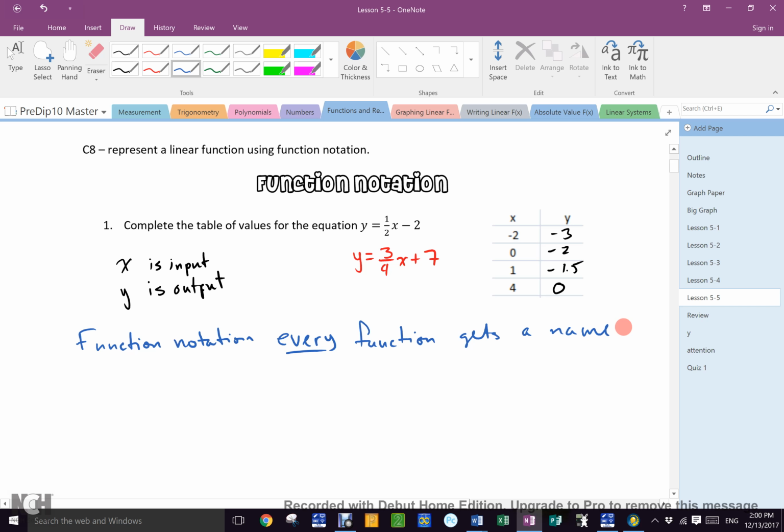So instead of being y equals 1/2 x minus 2 and y equals 3/4 x plus 7, we give them names because that is confusing. What we do is we write this guy as, and this guy would be